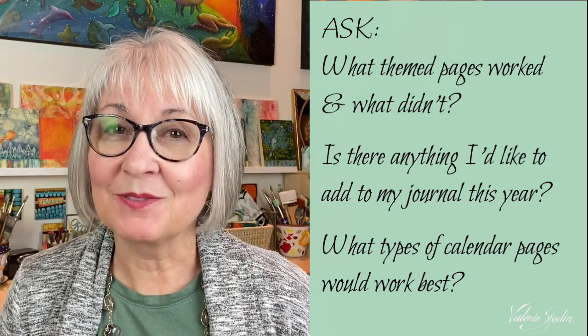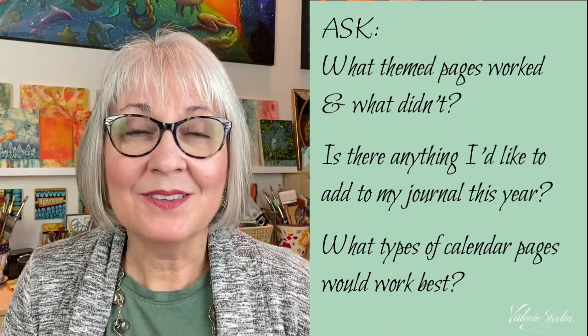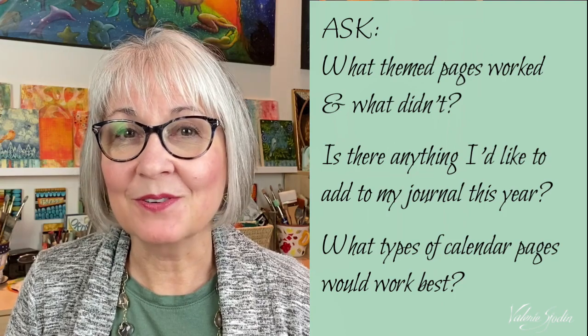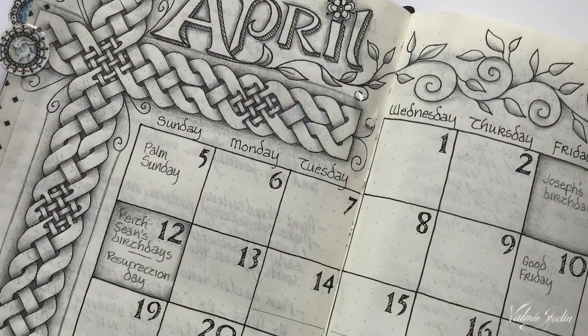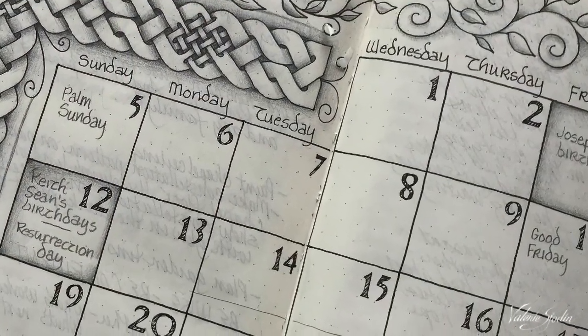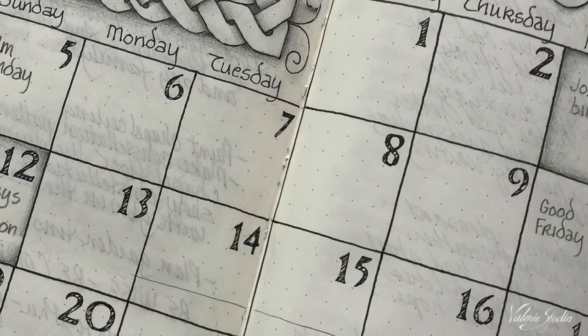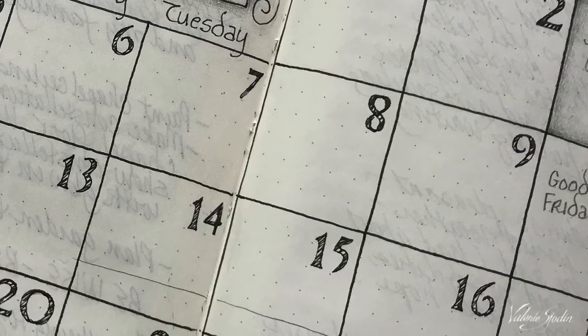I have a certain one that works for me, but I know it's not for everyone. And there's different styles and different things we need for different seasons in our lives. So for me, a monthly calendar that's big enough, like a 6x6 dots, wide and tall, is a size that I can write down the things that I need to do for that day. And then I can write on another page if I have something for that week and it's a special week, then I'll mark that down. But usually, to be honest, I use my phone for my planning, so I don't do a lot of planning in my journal.